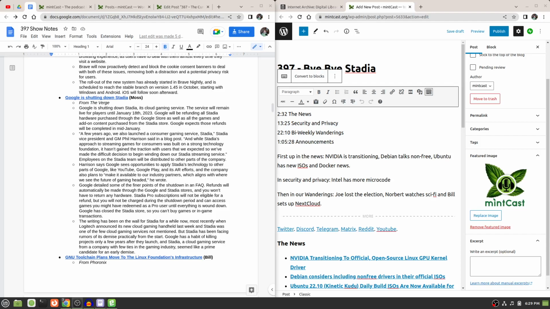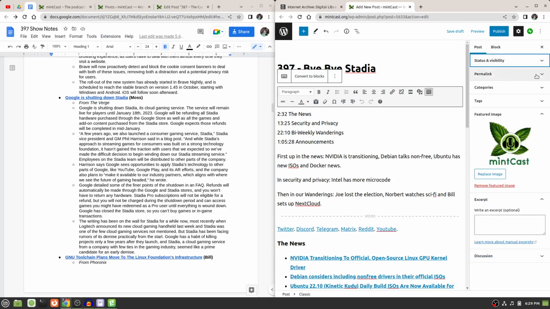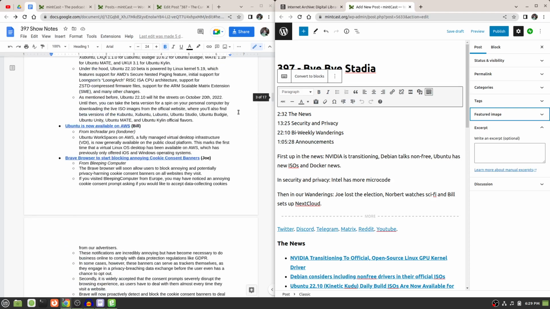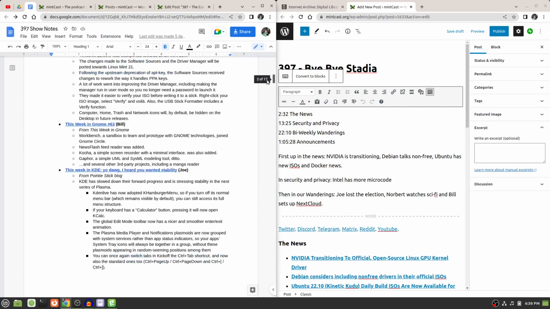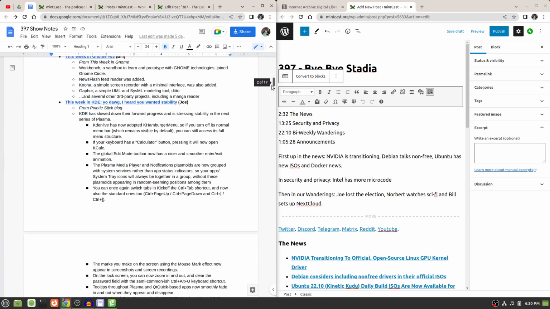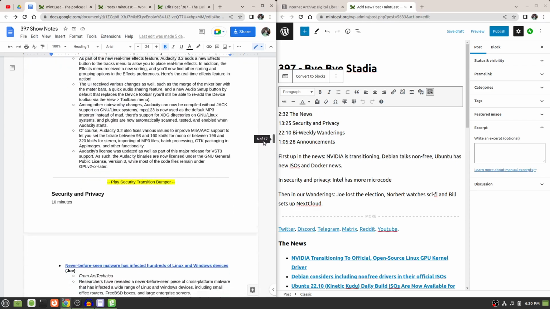All right, so we got that out of the way. Let's go ahead and do some cleaning up here real quick. Let's close some of these tabs, but let's keep excerpt open because we have to remember to do that. Okay, now I've got the show notes right here on the left. It's not going to be a straight copy and paste because, as you can see, the show notes are a lot more exhaustive in terms of the amount of information